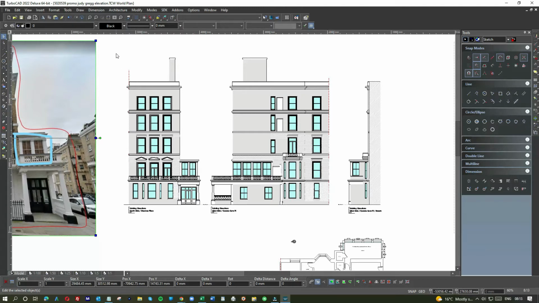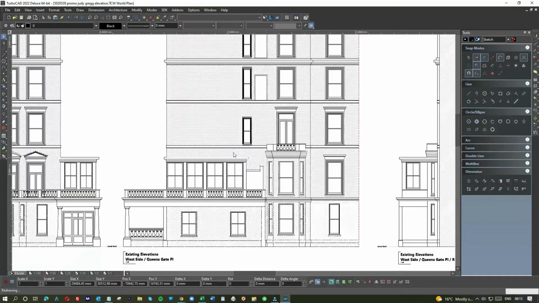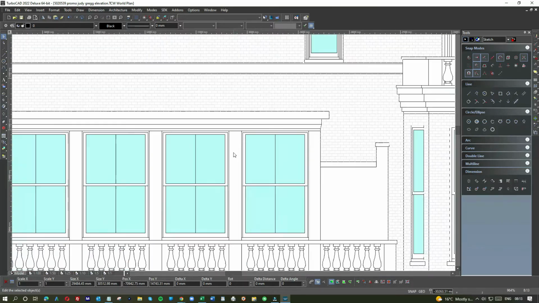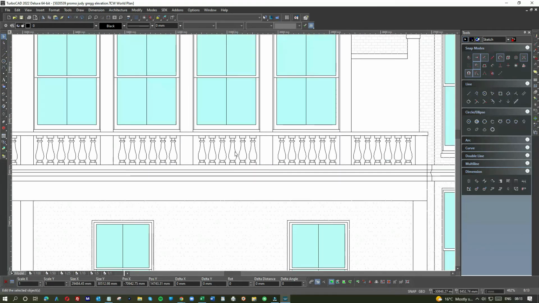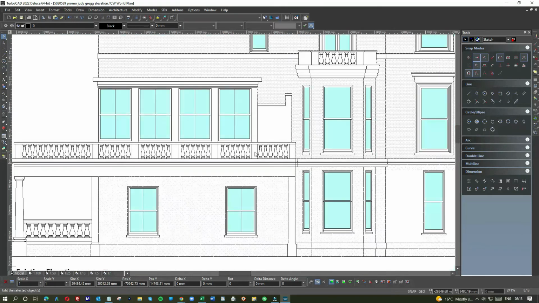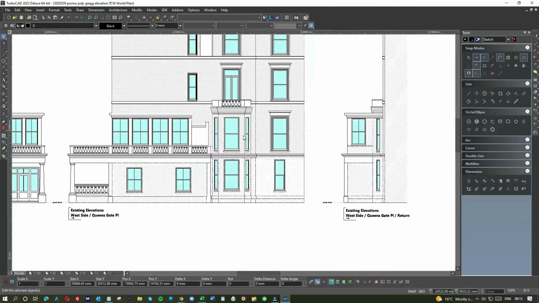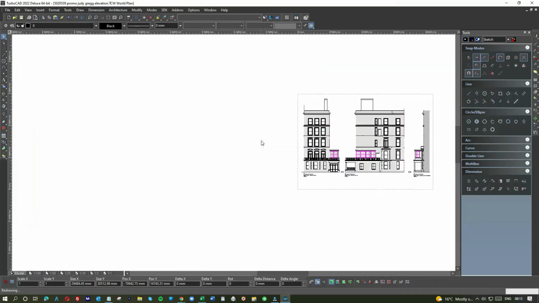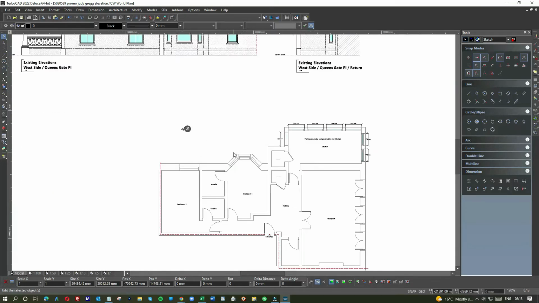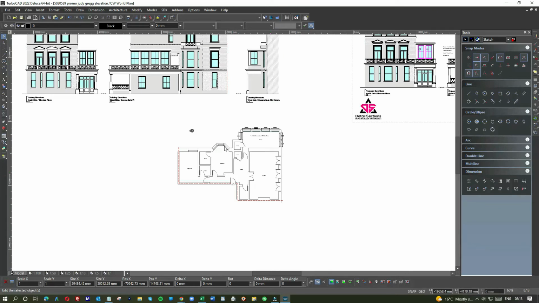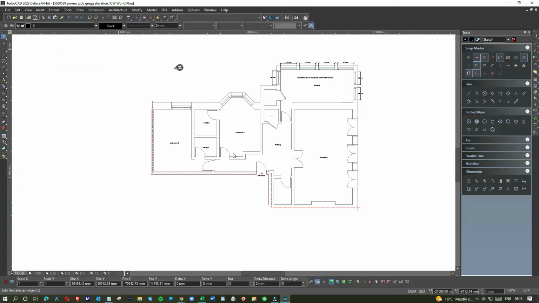So perhaps about 3 days in total to do these elevations, because there is a lot of detail in there. And don't forget, you're working from photographs and you're measuring from photographs, so a lot of calculations being done at the same time. Now what was interesting was that we did the elevations first, and then we went in and did the layouts. It was just the way it was. There was nobody in the flat for a while, so we couldn't get access. But what was interesting was that when we